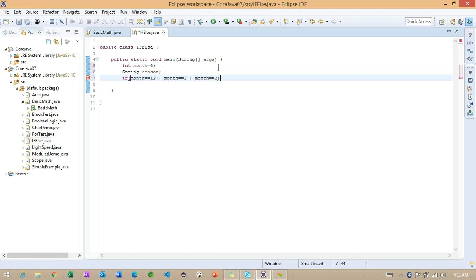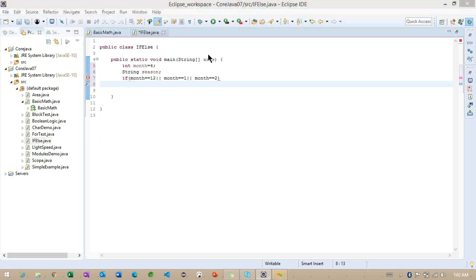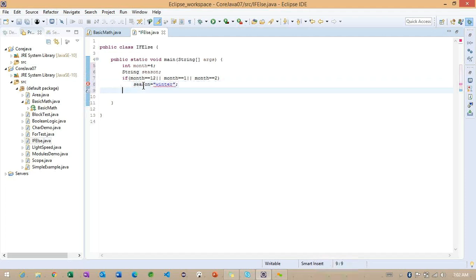This is a simple condition. I don't want to add any block of code here, just a simple single statement. That's the reason I'm not going to write curly braces, opening and closing, because we have only one line of statement here. Some season I want to write, that is called winter.